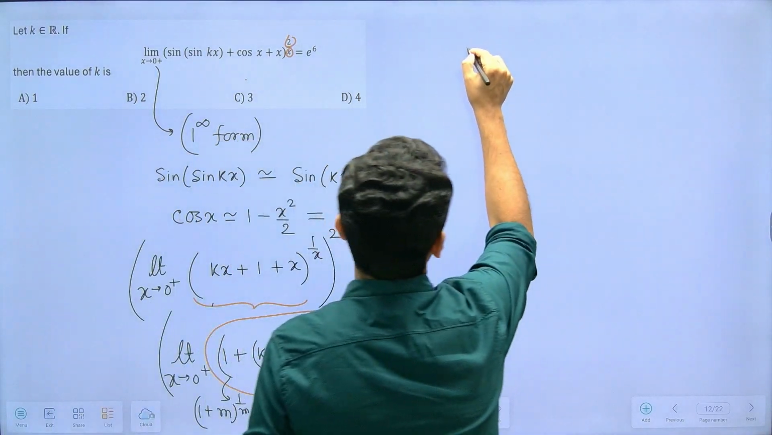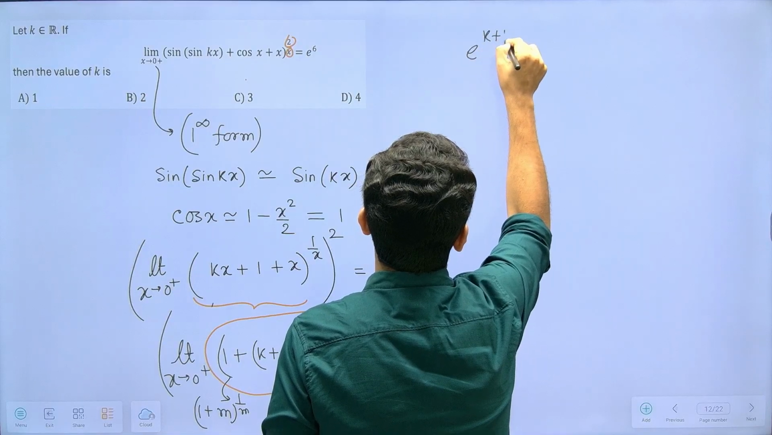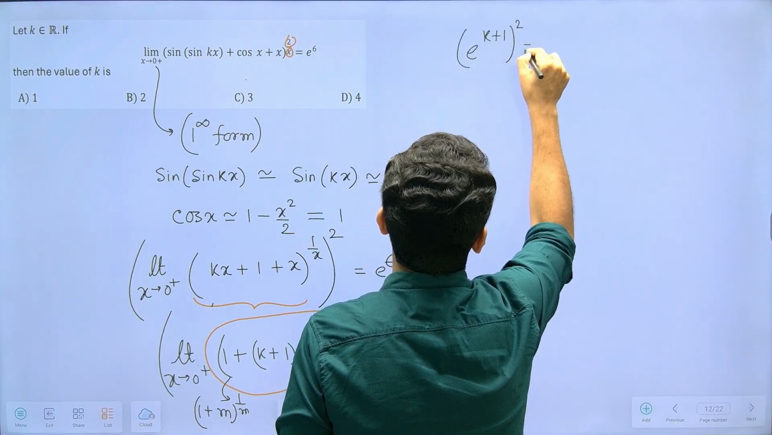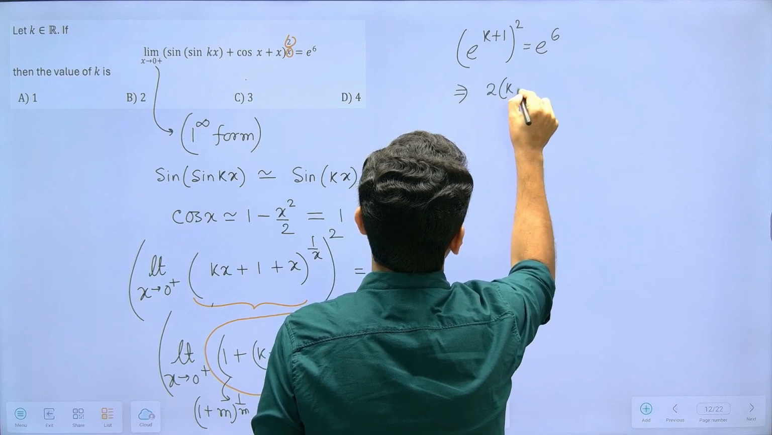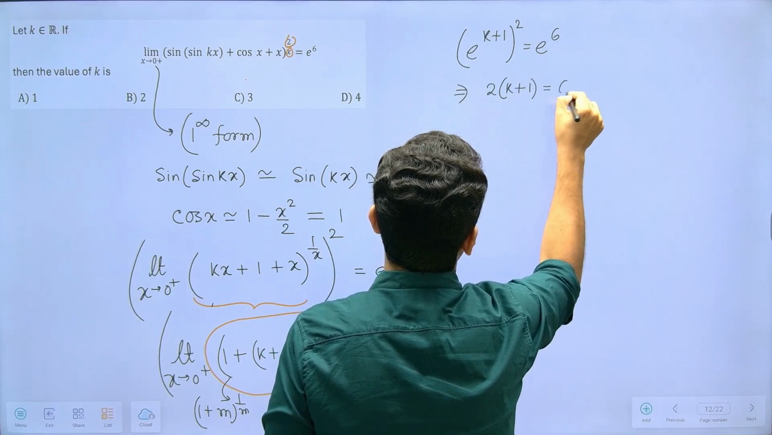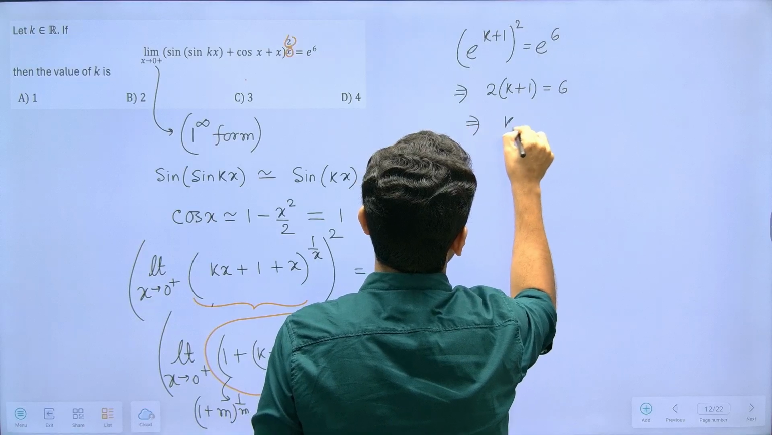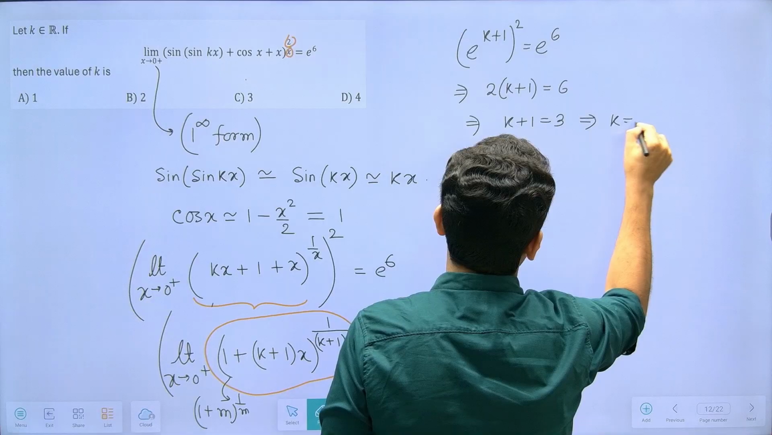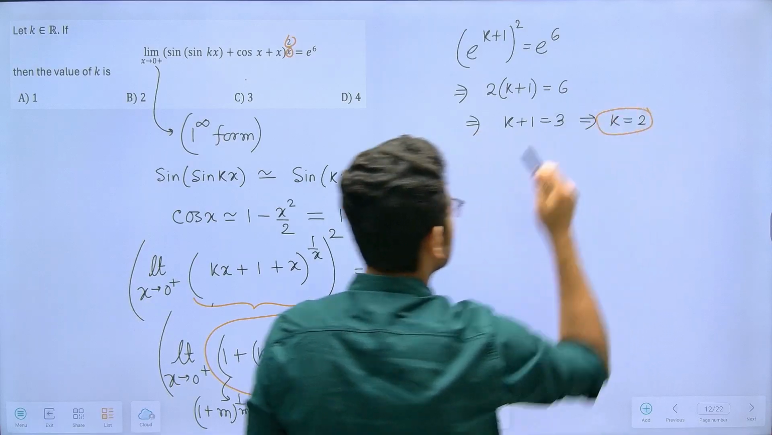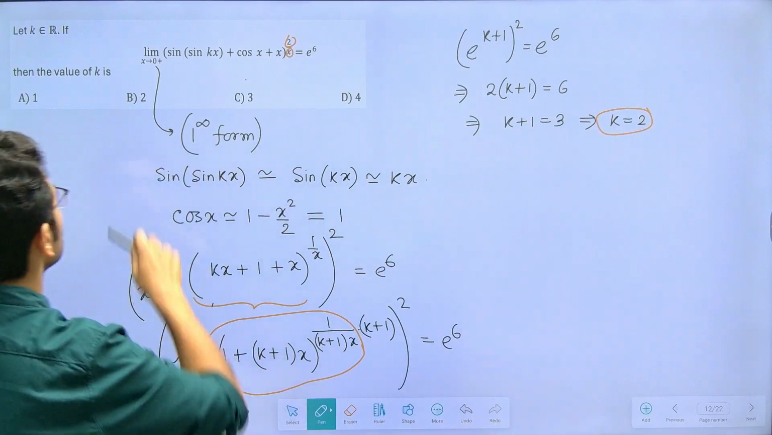So now we can easily write e power 2 into (k plus 1) is equal to e power 6. Comparing the powers, 2 into (k plus 1) should be equal to 6. That means k plus 1 is equal to 3. So the value of k must be equal to 2. Okay. So the answer for this problem will be option